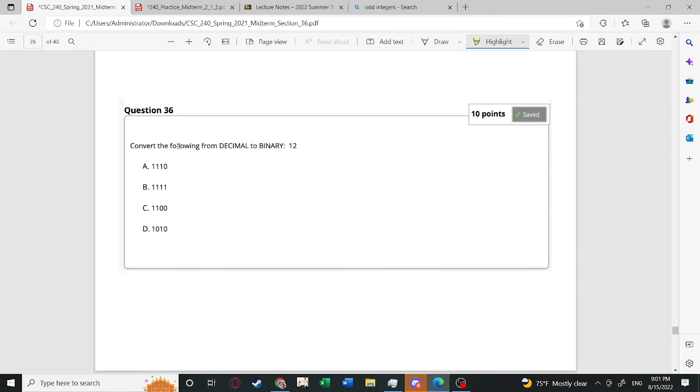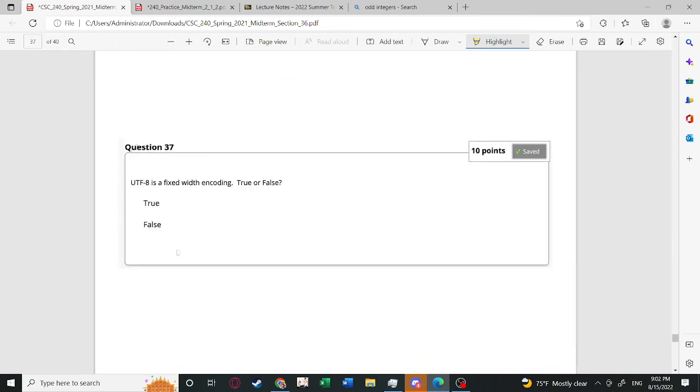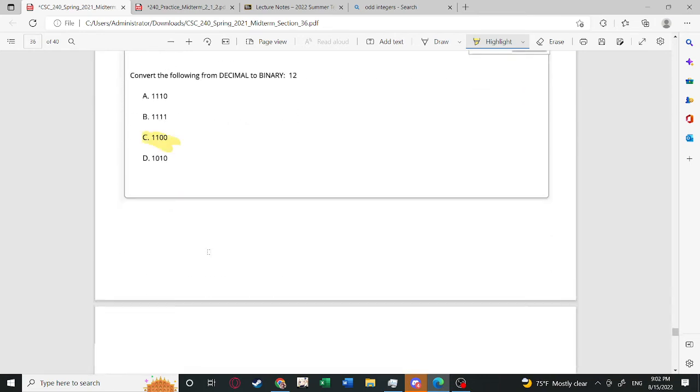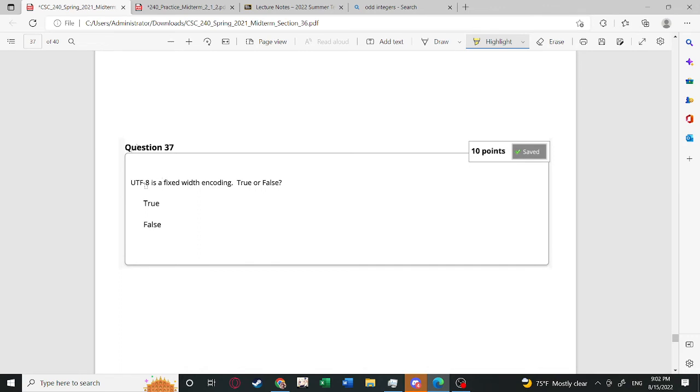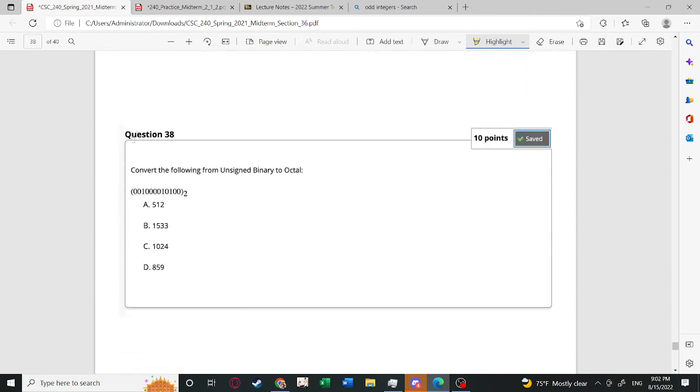36. If you convert into decimal, I think this one is C. Yeah, this is a simple conversion. And then you have 38. We found out it's fixed width, so that's true. We looked it up. If we go to 38,